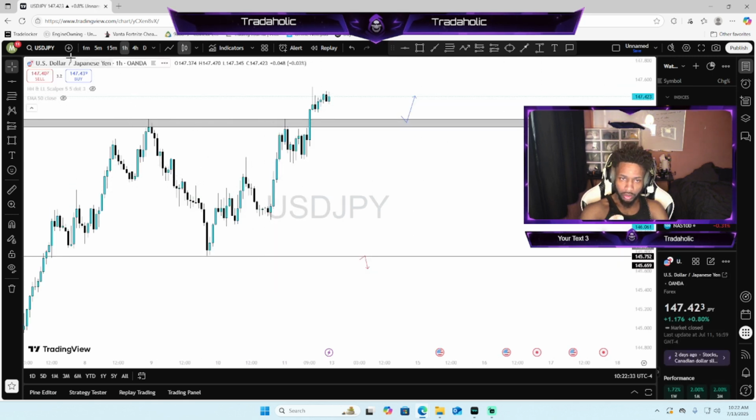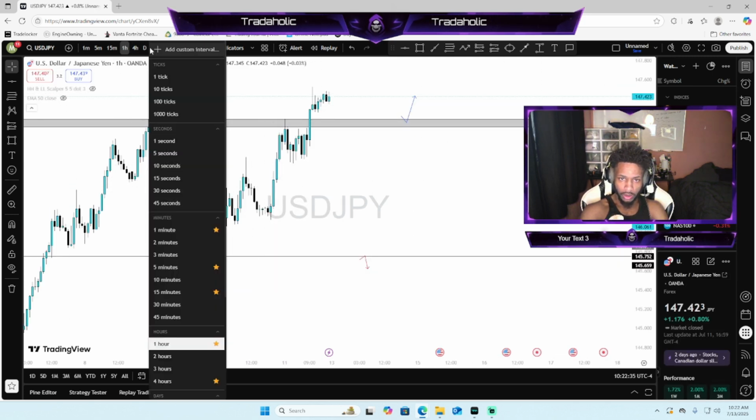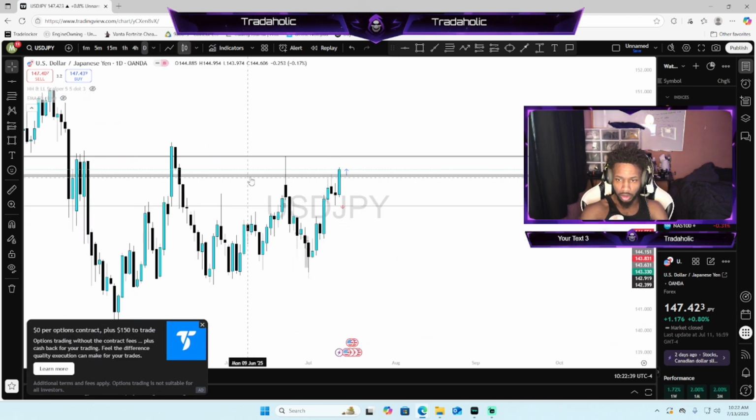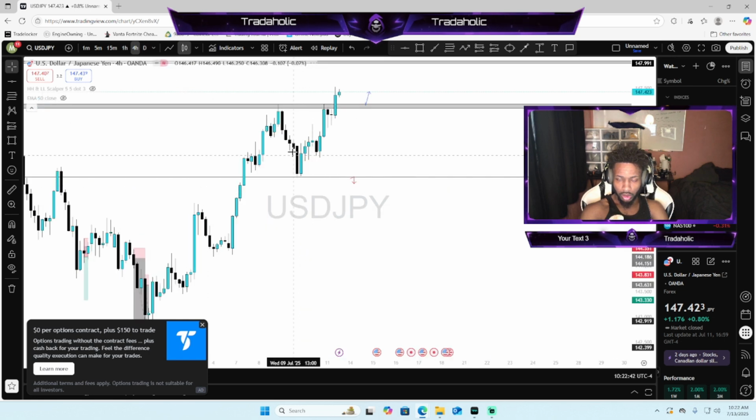Now we have your USD JPY. Looking on USD JPY, looking on our daily time frame, we are overall bullish, making a new high currently. Looking on our 4 hour time frame, we're overall bullish, again a new high currently. As this 4 hour goes bearish, I'll look to take sells below this higher low.